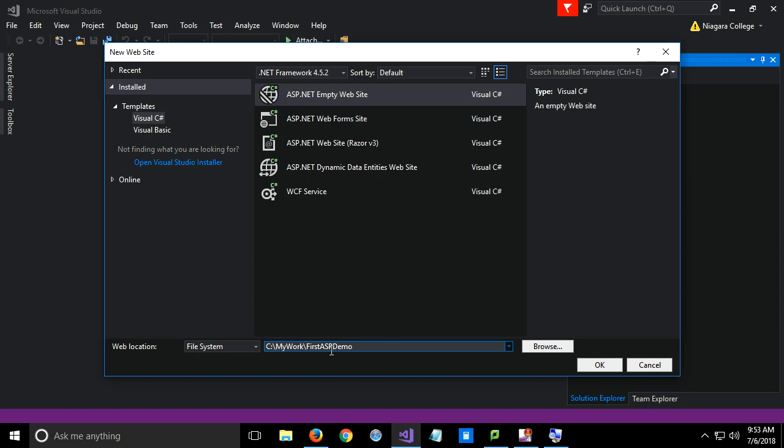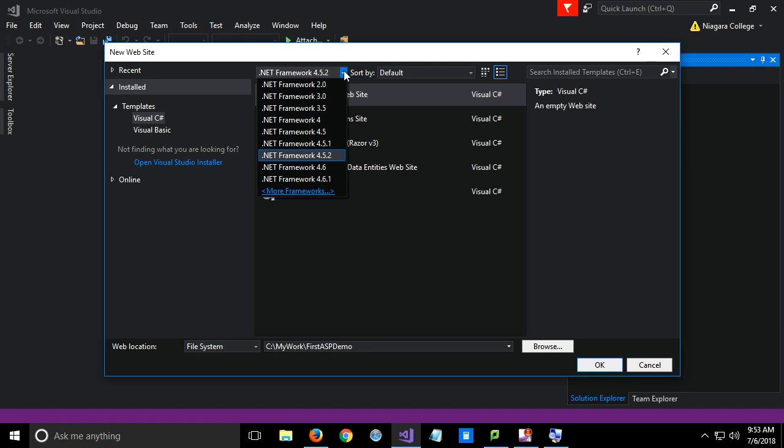Right? Now the name, in the end, when you deploy it, that name doesn't matter for anything, right? But it does help with some namespaces and so on temporarily. Okay, just before I go on, let me point out that at the top is a drop-down list of the version of the .NET framework we're targeting, right? No need to change it from the default, but notice it is something beyond 4.5, so we're going to have to worry about that unobtrusive JavaScript issue that I talked about, right? All right, that's it. I'm going to click OK